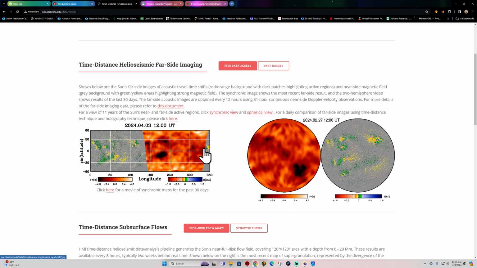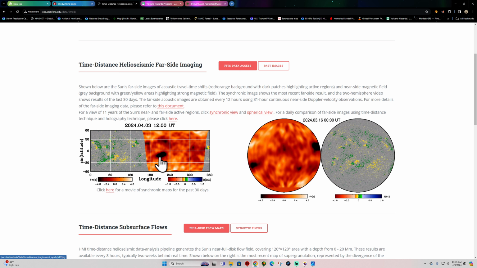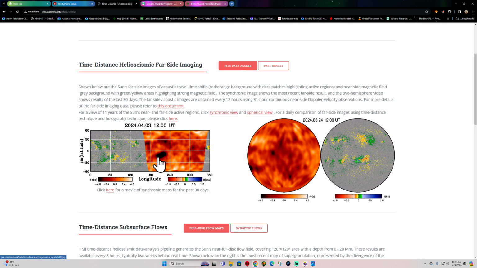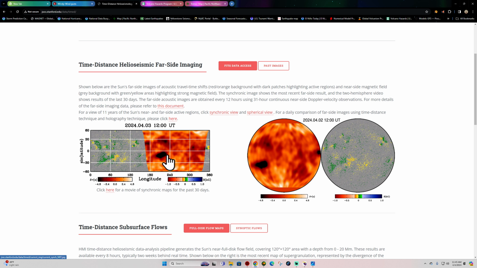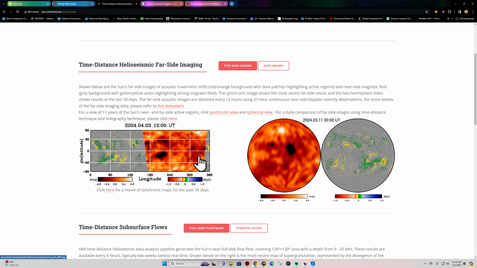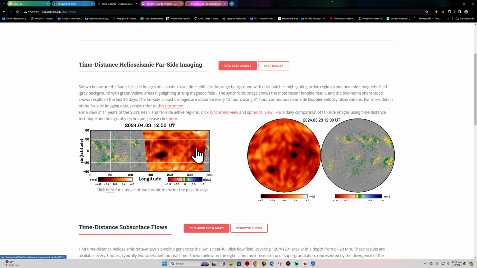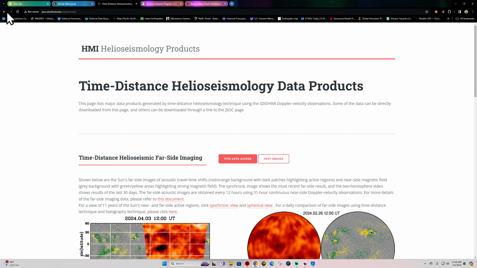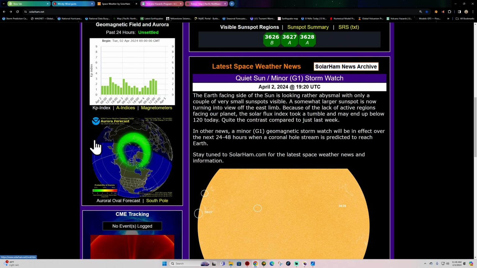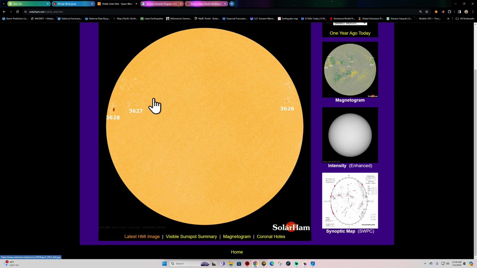And back behind that, there's really not a lot. There's 3615, the culprit of a lot of M flares here a week or so ago. We'll see if that one holds steady, and maybe we'll see it return in a couple weeks. But yeah, it looks like there's going to be a whole lot of nothingness coming up here. This is the eastern limb on this area, so things are going to be a little quiet here for a short while. Here's the visible disk of the sun. There's 3628. Again, that looks fairly stable in terms of complexity. Not really expecting too much out there right now.